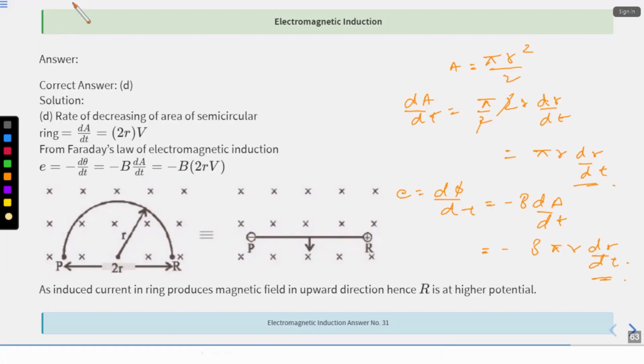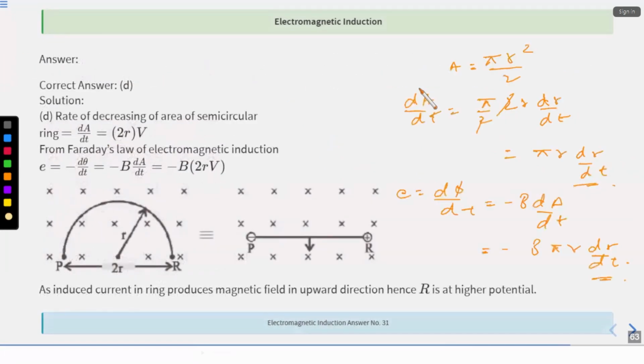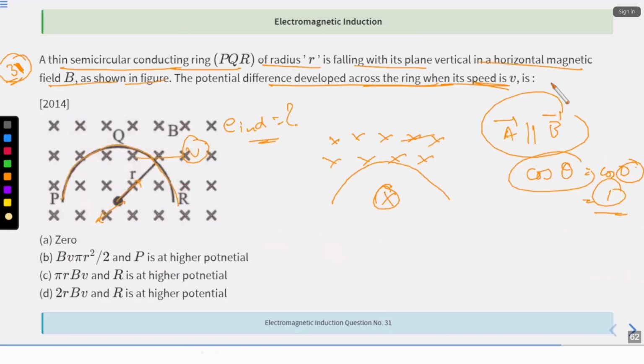Cool. So they are saying minus b dr by dt. Speed is given to us as v, so we can use that. So dr by dt is nothing but the rate of change of radius, which is given to us as v. So let's use that. It should become minus b pi r into v. So EMF would be b pi r v, which is my option number